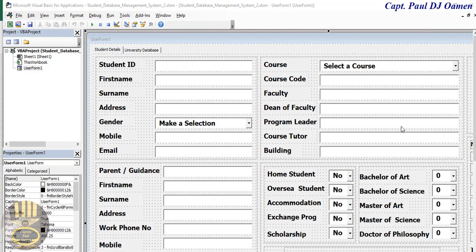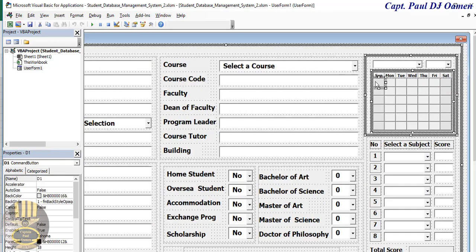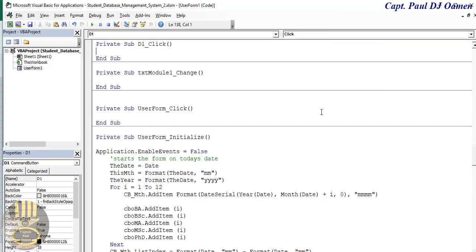So to achieve that, all we need to do is select this very first one. I'm going to double click on that. So I'm going to say lblDate dot caption equals D1 dot,